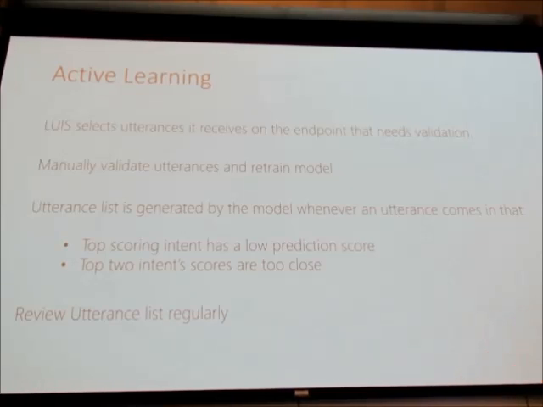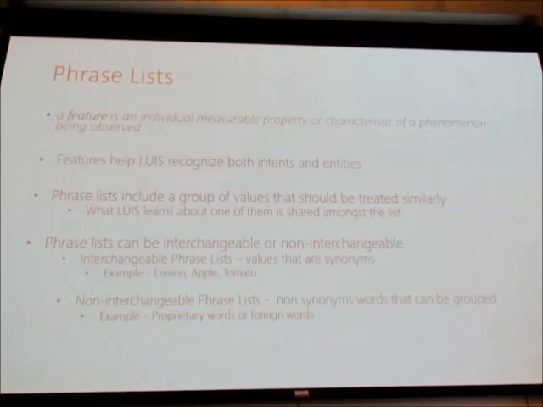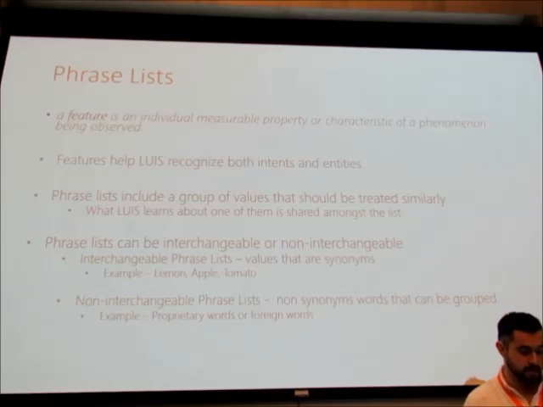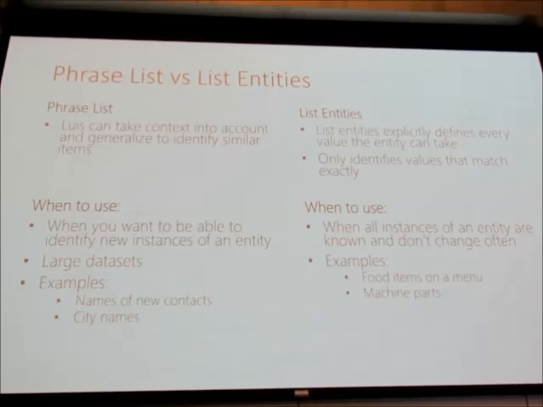And then LUIS has suggestions. So when you're putting in your phrase list, it'll actually suggest a whole bunch. So you start putting in lemon, apple, tomato, and it'll pick it up and be like, oh, here's an actual whole list of fruits that we have learned previously, and you can just ask it and it'll add it to your phrase list. And we can look into that in more detail.